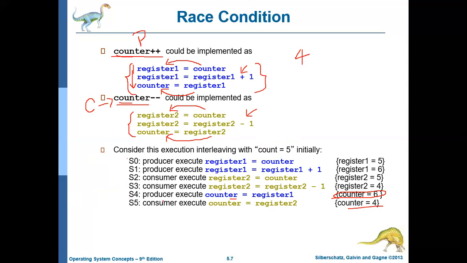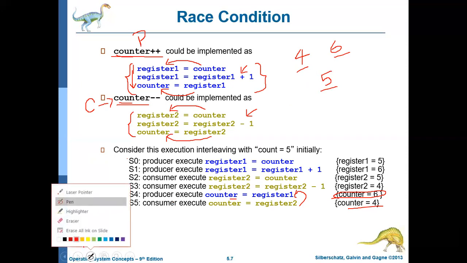If these two are interchanged, that is, if this is executed first and this is executed next, then instead of 4 it may create 6. 4 is also a wrong answer, 6 is also a wrong answer. But if they follow some other order, it may create 5. That is a correct answer, but we don't know which order the processor will follow.